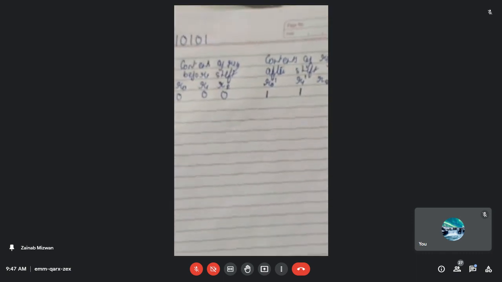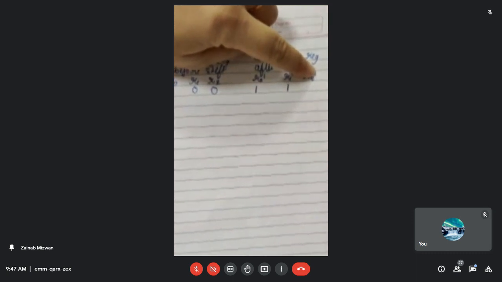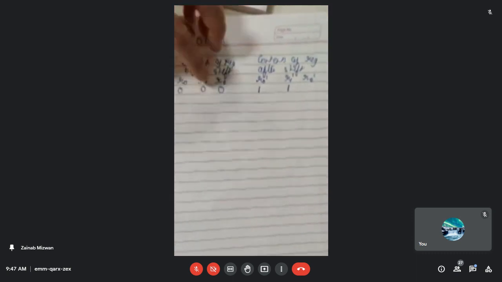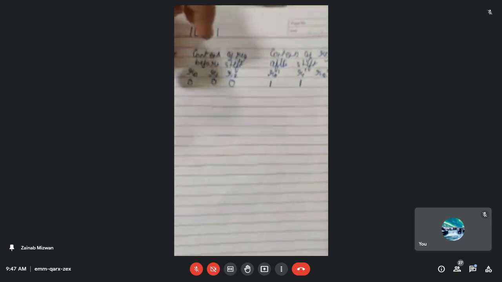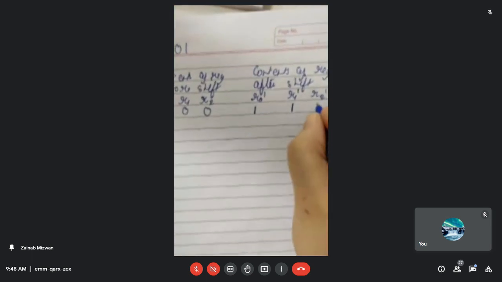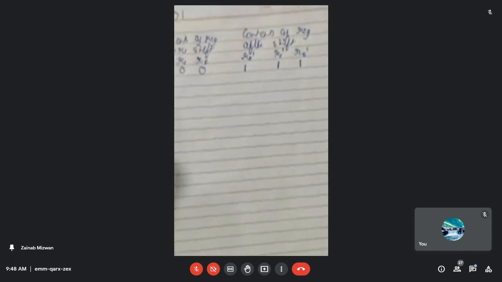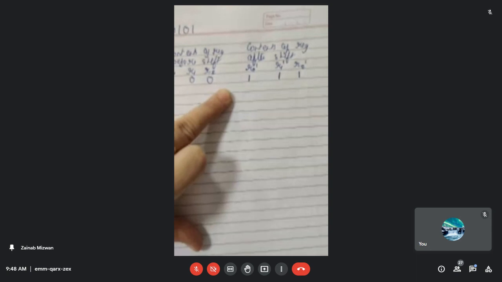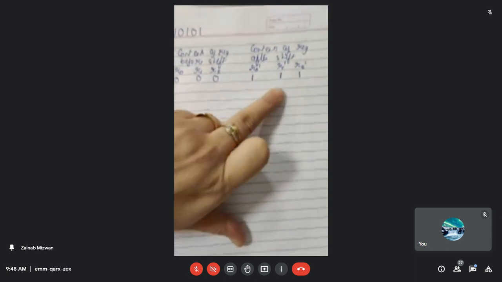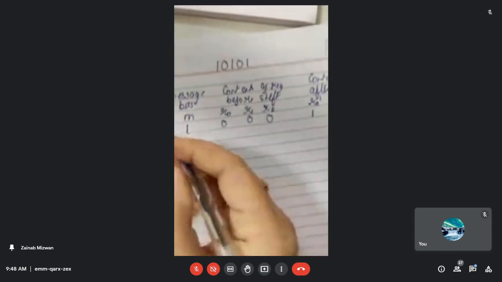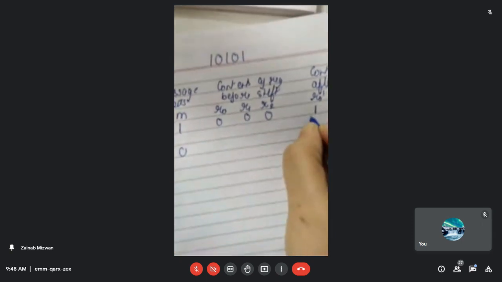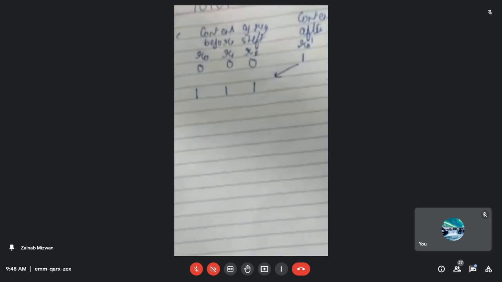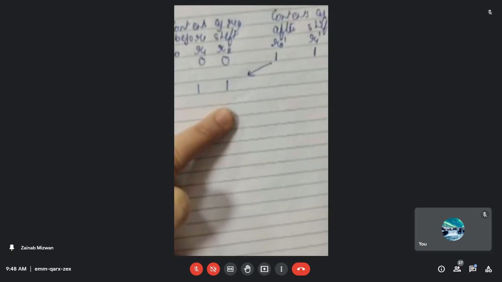And the other bit is R2 dash. R2 dash is R2 XOR R1 XOR M. So R1 XOR R2 XOR M, since all the values will turn out to be 1, 1, 1. So in the first shift, when the message bit is 1 and all the registers contain 0, after shifting they will contain 1, 1 and 1. Then coming to the second bit, which is 0, we shift this: 1, 1 and 1 will be the new values in registers R0, R1 and R2.